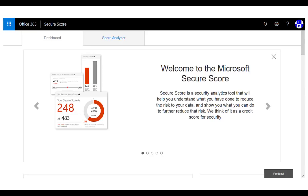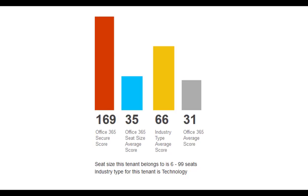Now, when you look at Secure Score, you will notice that on the right-hand side, we're also given a comparison to what our current score is, as well as tenants of a similar size, plus the overall Office 365 score. Now, as you can see, the overall average Office 365 score is only 31. All right, so